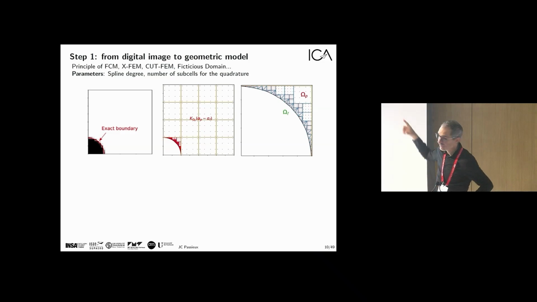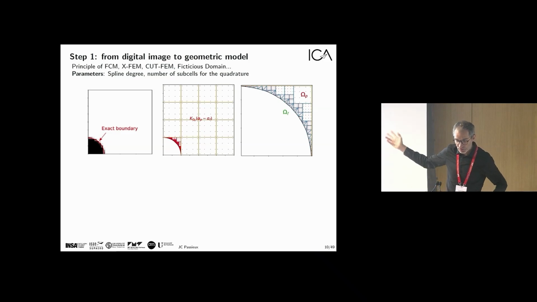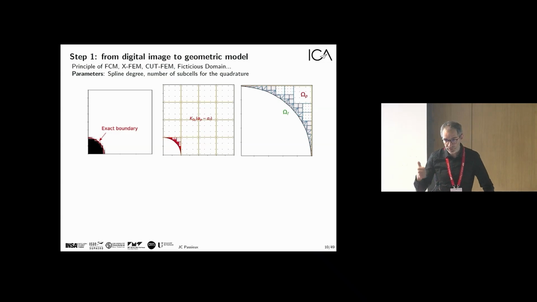So you divide each cell into subcells in order to well describe the geometry from an integration rule point of view. So there are a lot of numerical parameters like the size and the degree of the shape function. We usually use high-order finite elements or splines. So there, the degree, the size of the elements, and also the number of subcells add